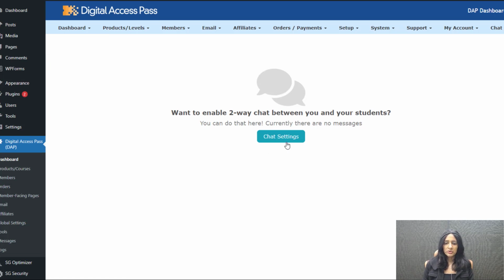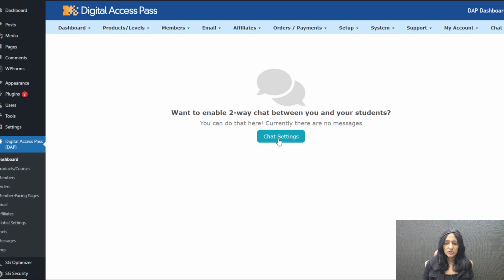And this will allow you to set up your chat interface and enable it on whatever course pages or challenge pages you want to use the chat on. Currently, the way this chat interface works is you can only use it for your online courses and challenges. So you can activate it on your lesson pages and your challenge lesson pages. But in a future update, you can enable it on any page where members have to be logged in to view the page. As long as members are logged in, they'll be able to see the chat interface and interact with you.